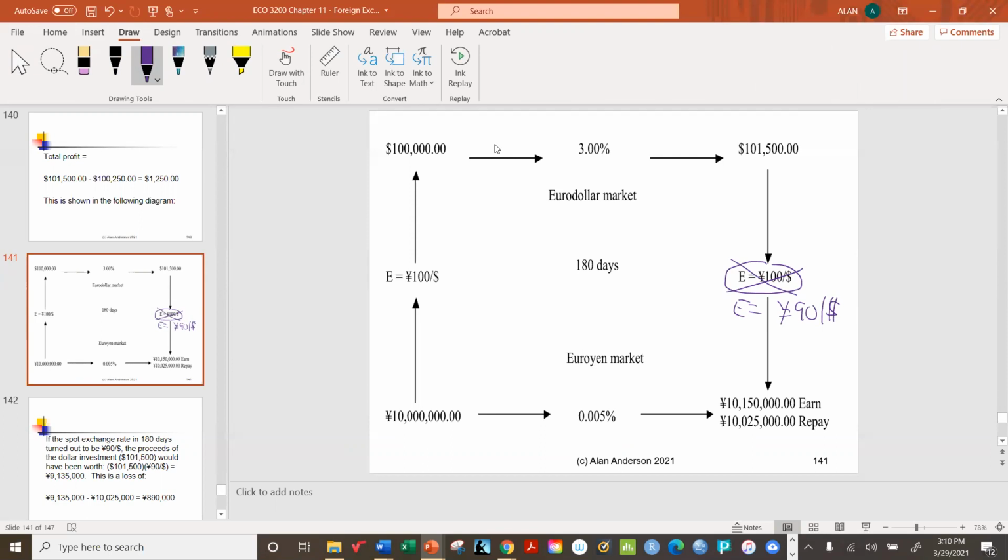How many yen did we earn from our investment? Well, now remember, to get to this point, we multiplied. So if you take $101,500 and multiply it by 90 yen per dollar, this is how many yen you'll wind up with. It will be,